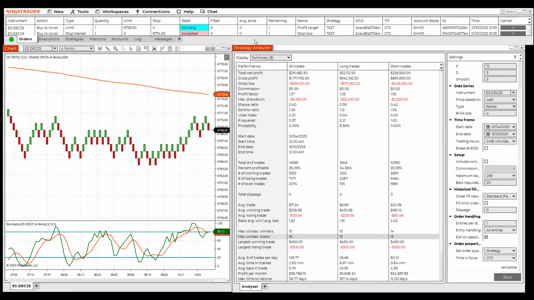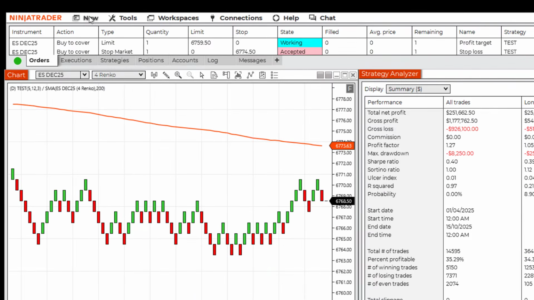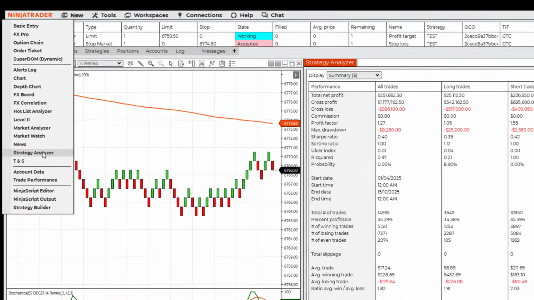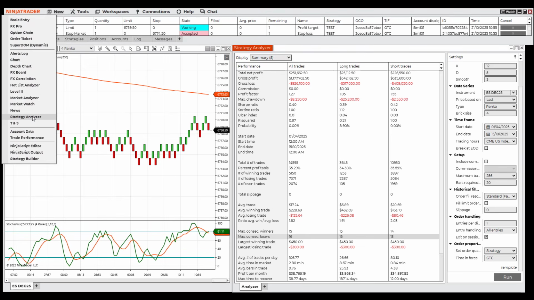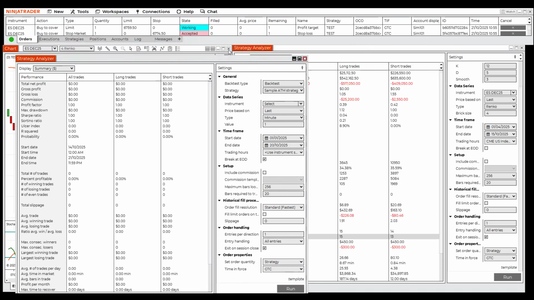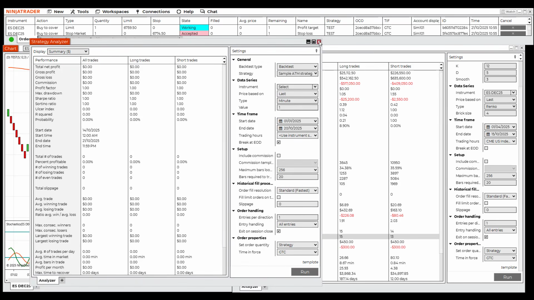So we're going to focus in on this area called strategy analyzer. Now where do you find that? Well, in the new toolbar drop down, strategy analyzer, click on that. As you can see, I've already got it set up here, but we'll click on it again just to bring it up for our demonstration's sake. So you can see it's exactly the same. So we want the strategy analyzer